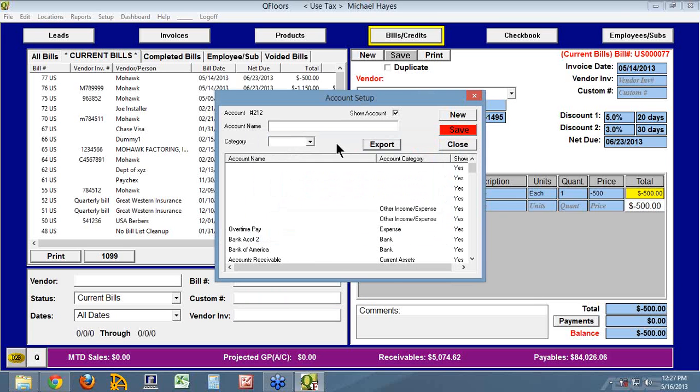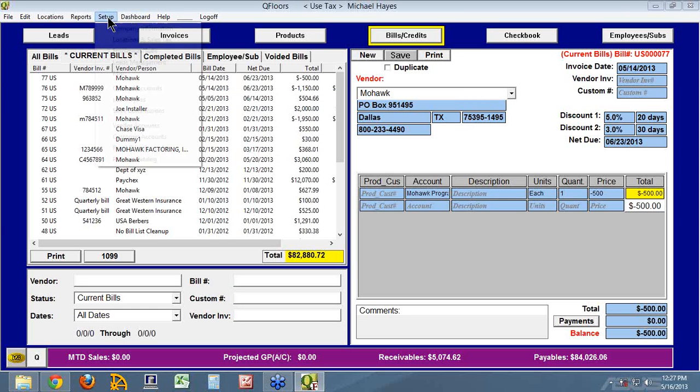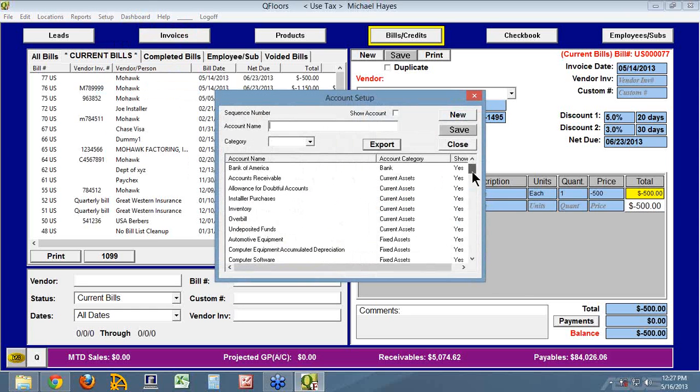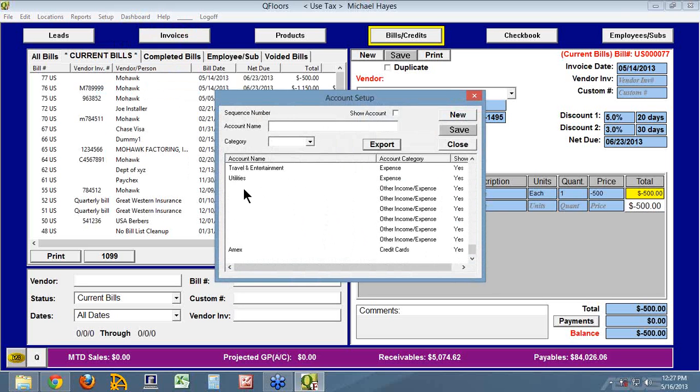So we see this from time to time. I'm putting them at other income expense because those, after I've saved it, will show up way down at the bottom of the list, out of the way. And then if you ever need to add a new account, you can click new again, or you can scroll down to the bottom of the list and take one of those and change it to whatever you need